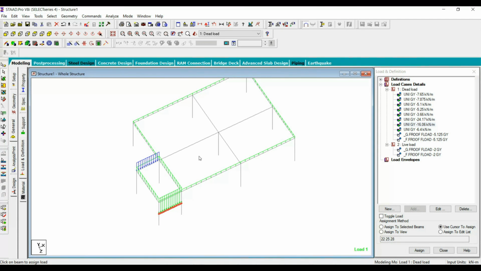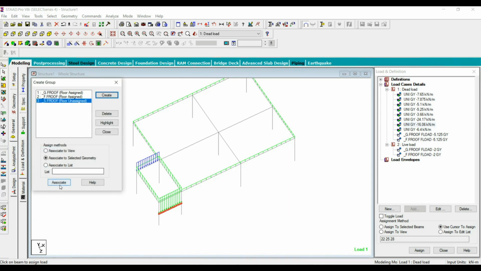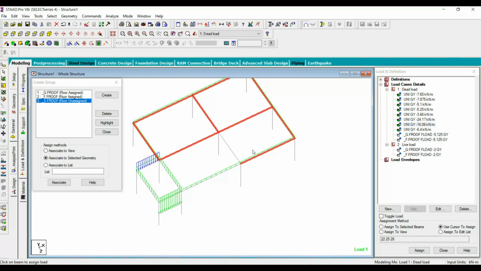That's all. Next, we have to create one group again to apply the slab load. Create second floor roof. It is created.